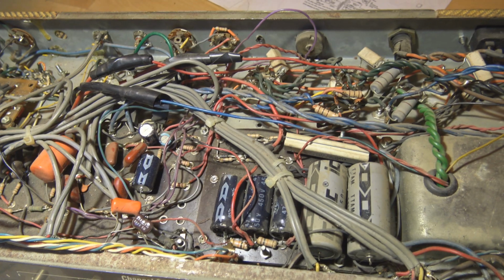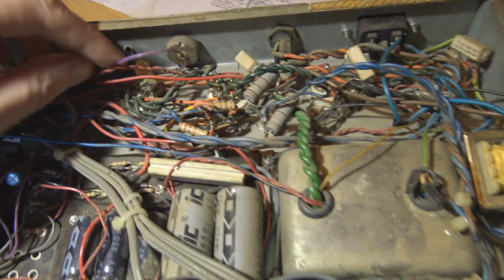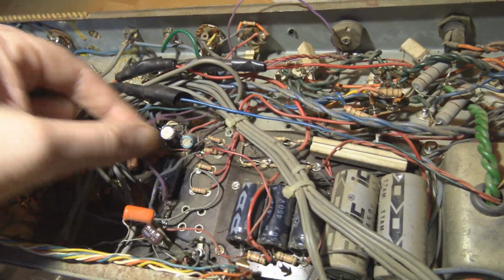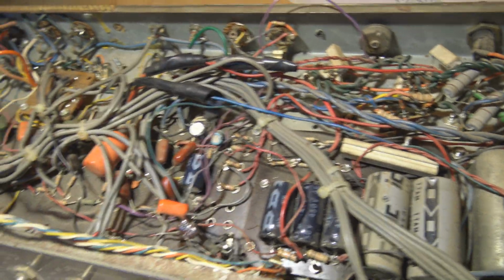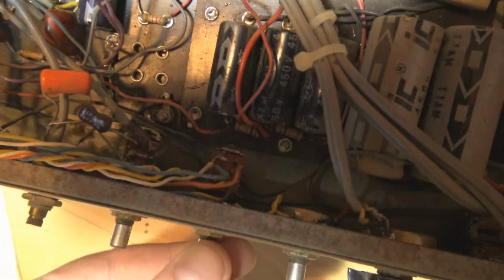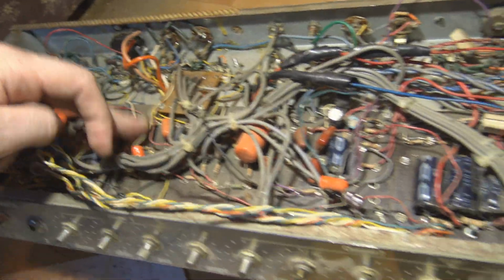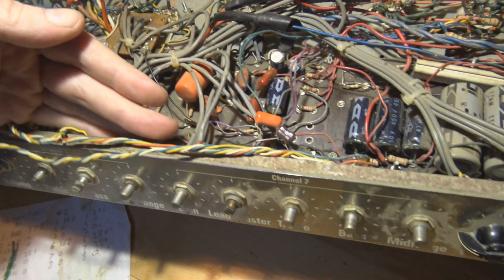What else can we clean up? We've got some wires to the bias pots that are a bit long and kind of just floating around. We've got these wires off to these Mickey Mouse switches over here. Push-pull switches, I can tuck them away. All the shielded wires, actually, these grey ones, I'm going to move them to the front here,